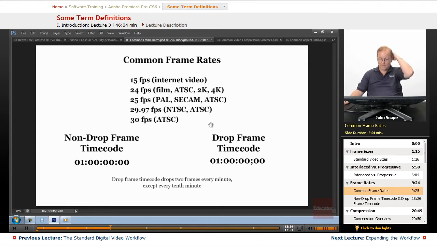Again, ATSC has 25, and it also has 29.97 for NTSC and ATSC. NTSC is the standard definition, and the ATSC is the high definition. It's 29.97 specifically because there's color information in the video. When NTSC first started, it was 30 frames a second, but when they went from grayscale to color, they needed space in there with the lab color space to add the color information to the black and white image. So they dropped 0.03 frames a second to add that into the stream that was being broadcast out to people's